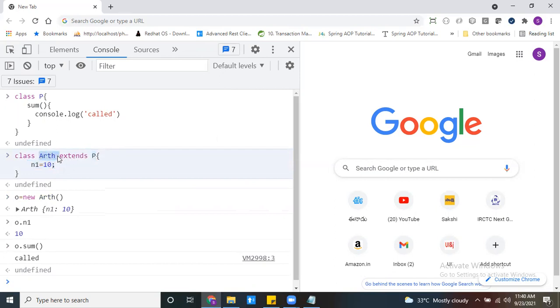This is one more way to inherit members into a class keyword class. Either you can use prototype, or by using the extends keyword you can get the properties from another class into my arithmetic class. This is the way we can handle inheritance in JavaScript for both functional classes as well as class keyword classes. Thanks guys, thanks for watching.